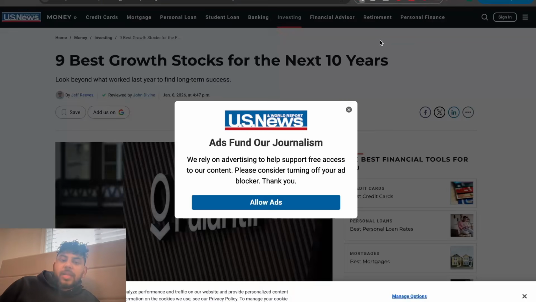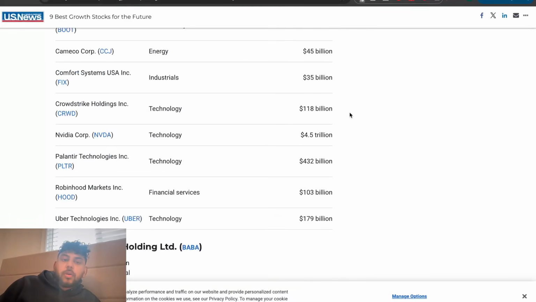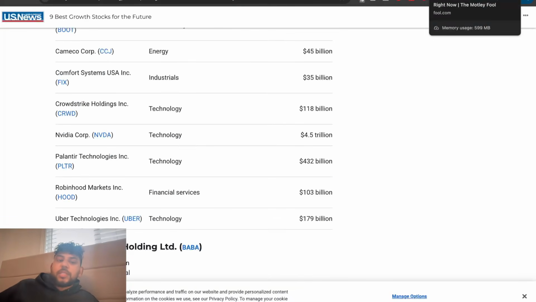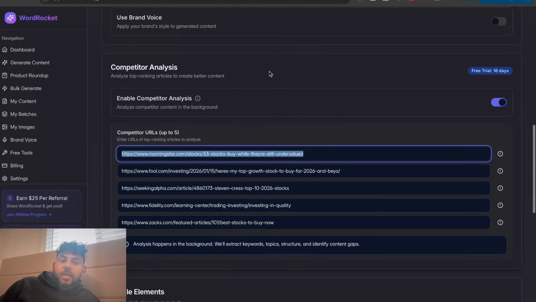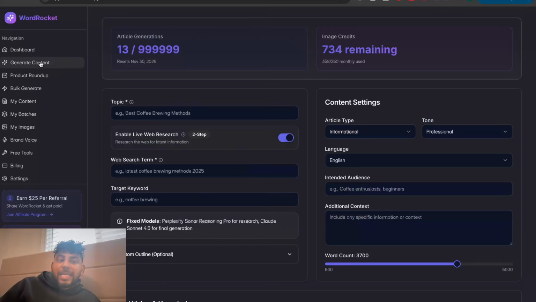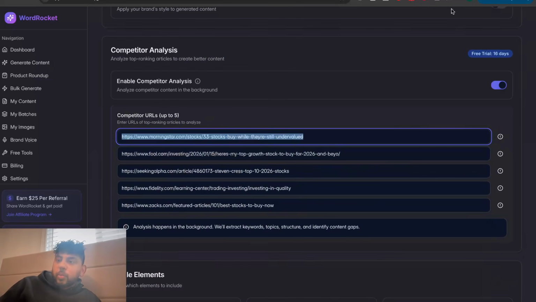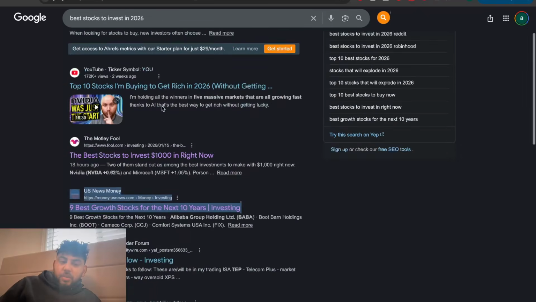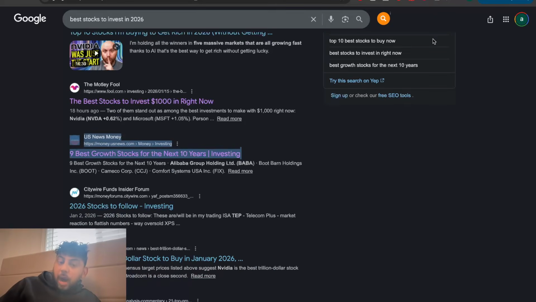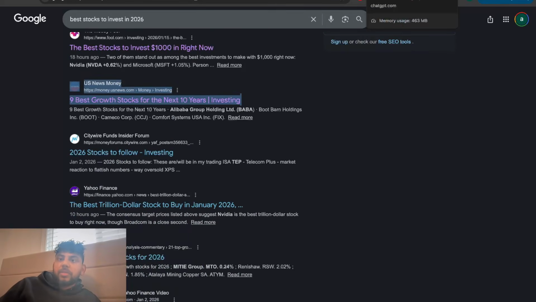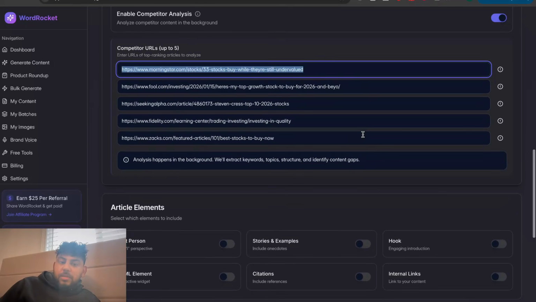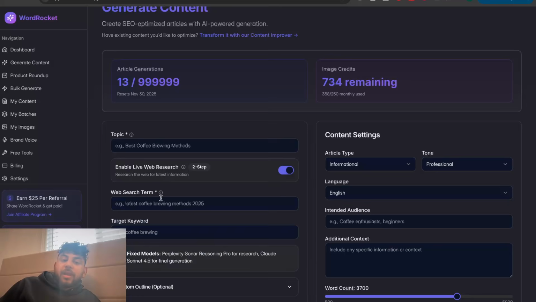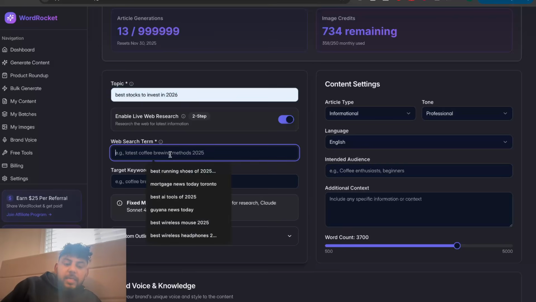So instead of manually having to go through each one of these articles, copying it into ChatGPT for a competitor analysis, you can automate that process using the competitor analysis mode. And this is included in the generate content template. So what I've done is I've searched up my keyword and copied over the top competitors that are relevant, so mostly blog posts and articles ranking for that keyword, and I've just pasted them into the competitor analysis mode. I've also toggled on live web research,